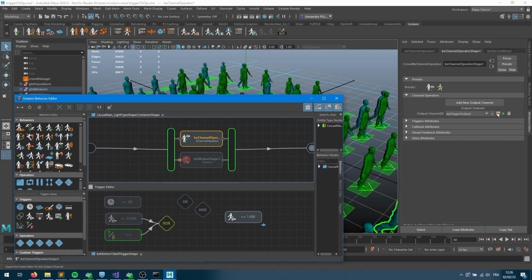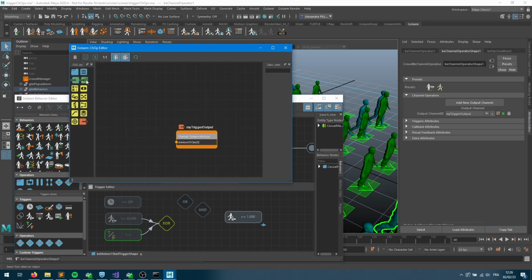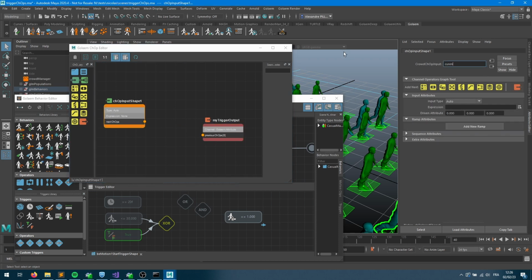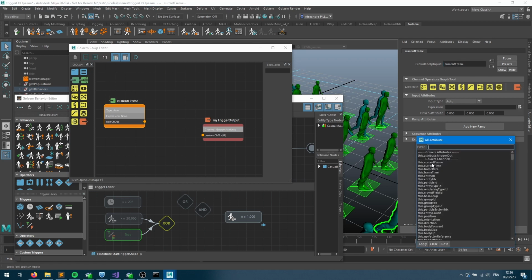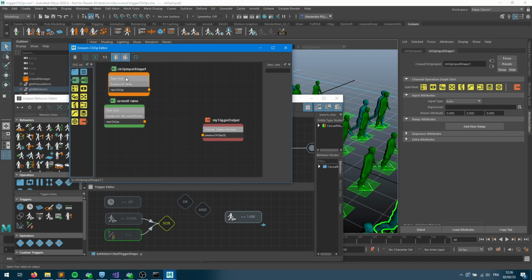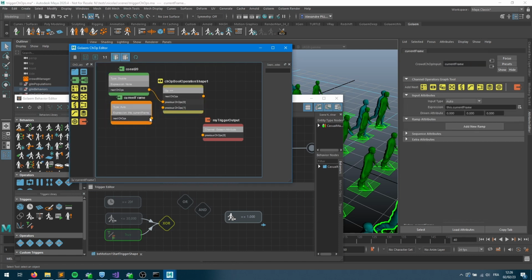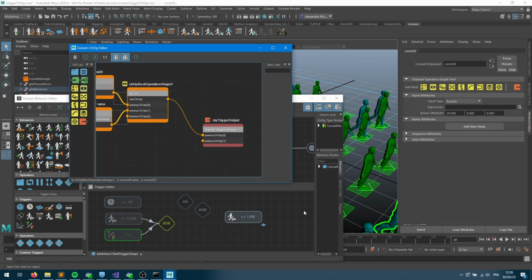So I'll go into my CHOP graph once again. I'm going to reproduce the same system that I had. So this is going to be my current frame. I'll redo something that we've been doing in the past, right? We're going to look for the current frame here. We're going to put a constant, which is going to be our constant 20. Okay, let's say it's going to be a double value. Put a value of 20 here, and what we want to do is use the Boolean operator to do equal, right? So now I've created my current frame trigger, and if I plug it here, just for the sake of it,